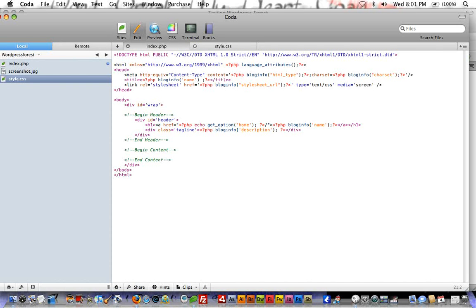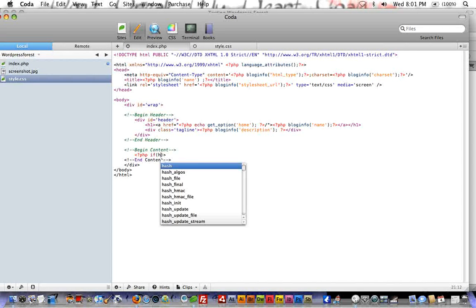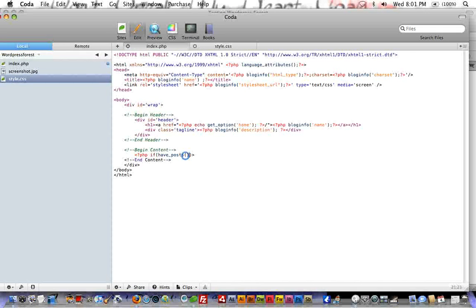So the WordPress loop is the PHP code and functions that actually grab any post we specify from our database and display it. So the first thing we need to do is PHP if, and any if statements always go inside parentheses, if have posts, colon, and we'll close our PHP statement. So now we're using a conditional statement saying if we have any posts to display. PHP while, which is a while loop, also goes in between parentheses. While we have posts,